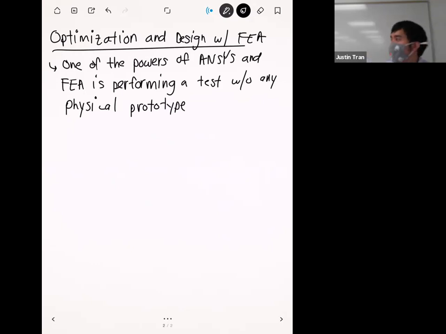Right. And so you can take a geometry and subject it to certain loads and constraints, and find out what the deformation is going to be like. What is it going to break on me? What are the stresses going to be like? And you can do this relatively quickly, right? If you compare the amount of time it takes to set up an ANSYS simulation versus a real life physical test, it's way faster to do the ANSYS one. And because this is way faster,